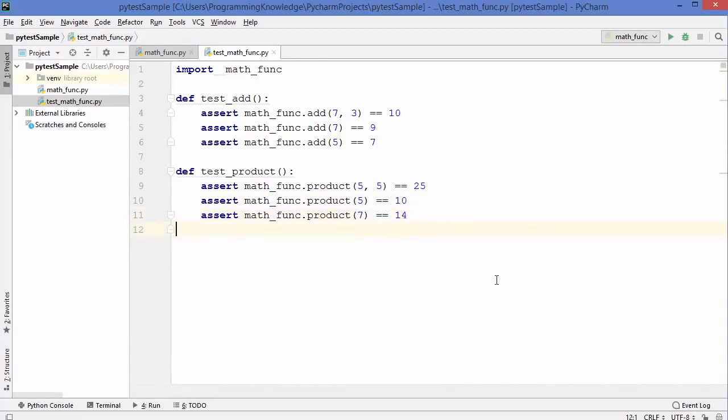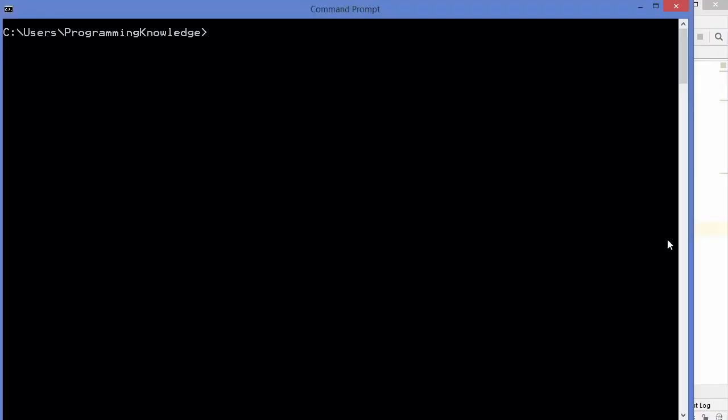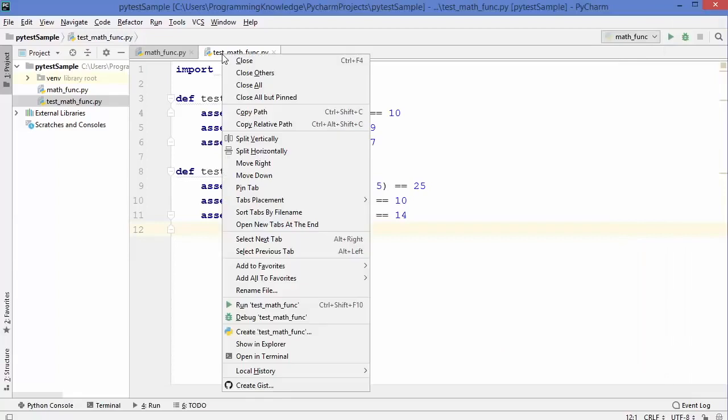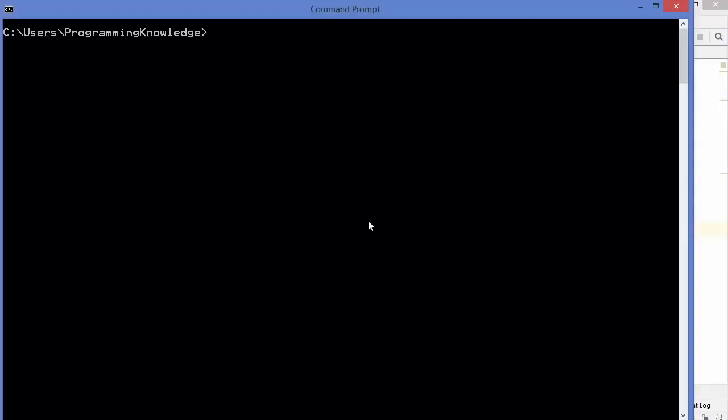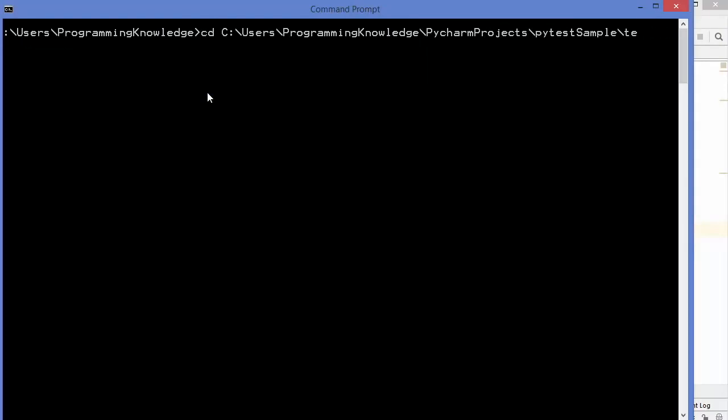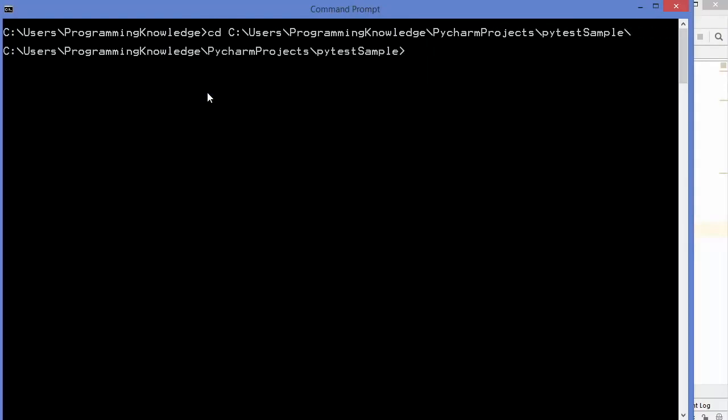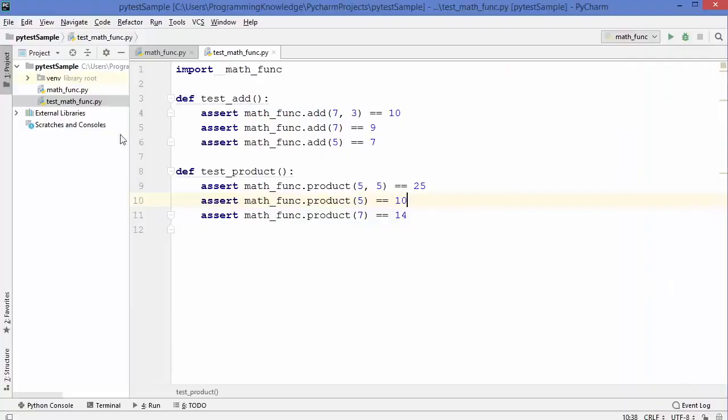So once we have written our unit tests, let's try to run these tests using pytest. First of all, I need to go to the directory where this test script is there. So I'm going to just copy the path and then go to the terminal, and I'm going to cd to this path which I have copied, and let me just remove the script name from here and then press enter. So now I'm in the folder where my math_func.py is there and